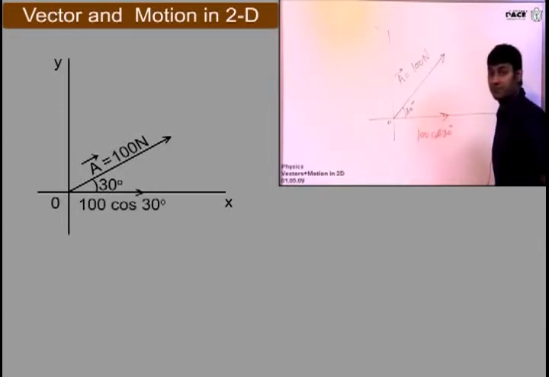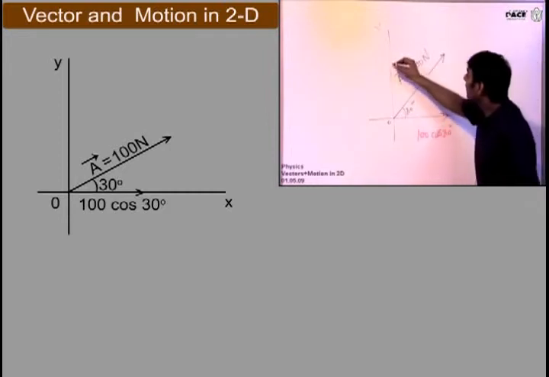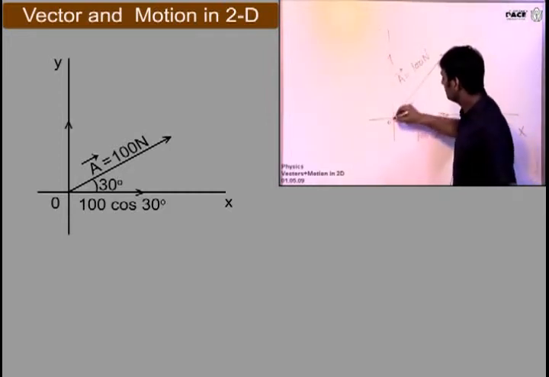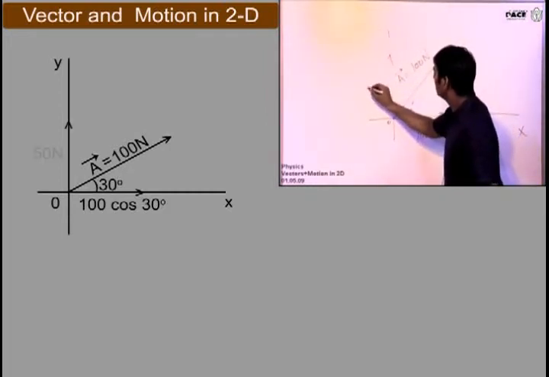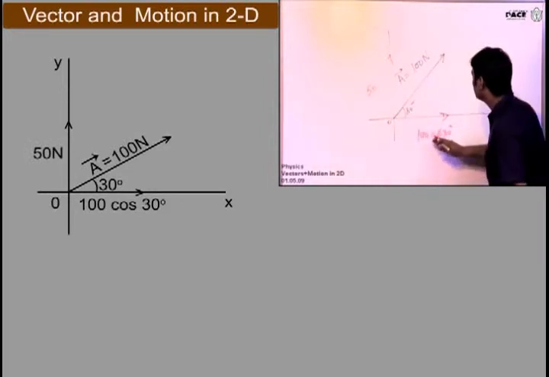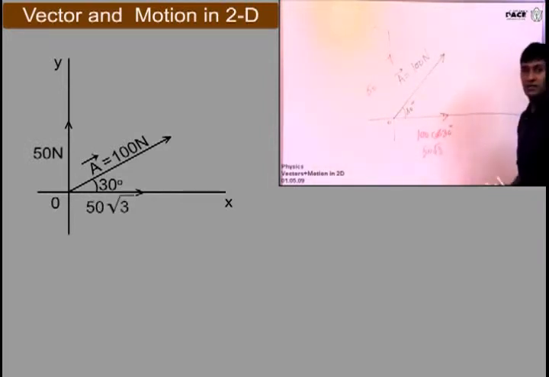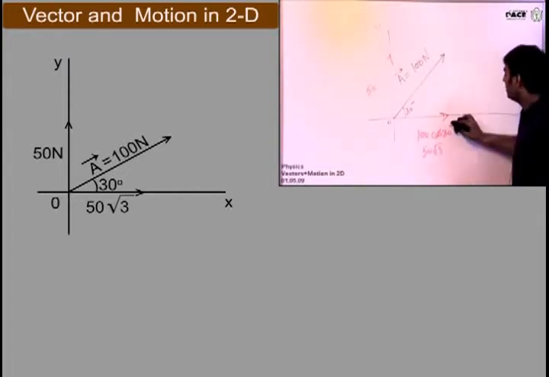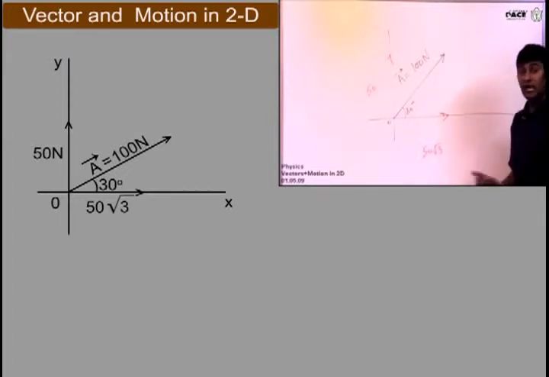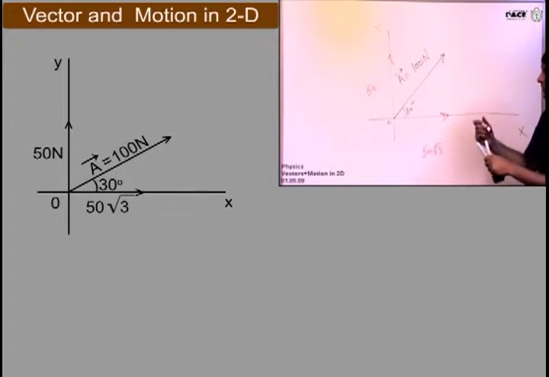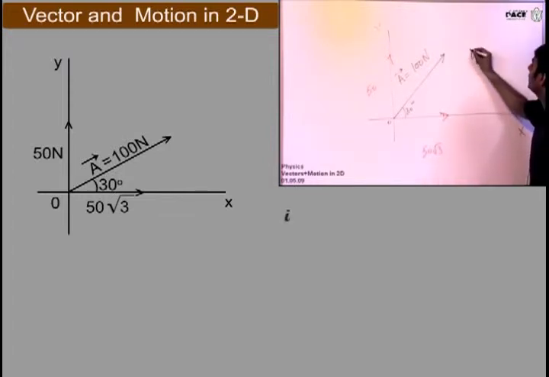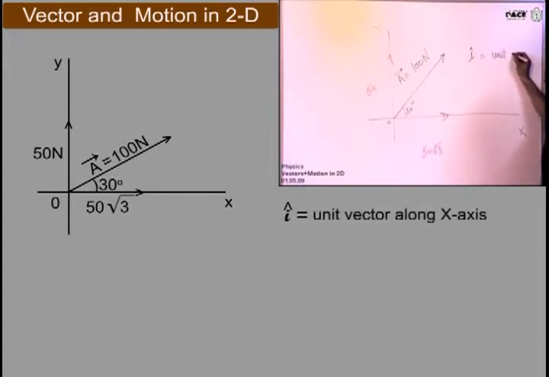100 cos 30. And what will be the component along the y-axis? 50, and this will be 50 root 3. Yes, 50 and 50 root 3. Please be attentive. Now, if I tell you that i cap is a unit vector along x-axis,